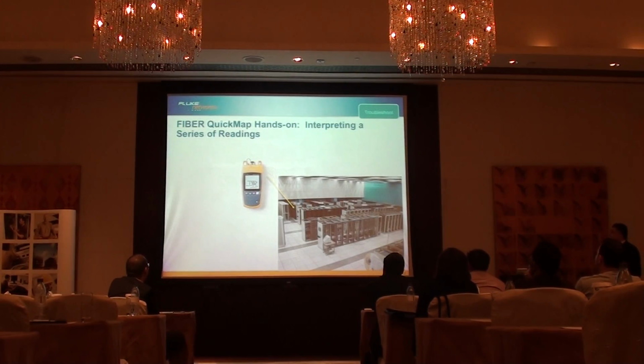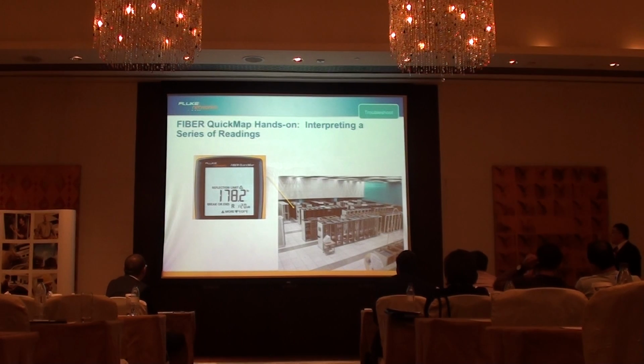We have another product which is called Fiber QuickMap, and that one will show you where the problem areas are. So it will locate the problem. It's not an OTDR, but it will locate where the problem areas are. So when you run a test on this, you can see the losses and you can see